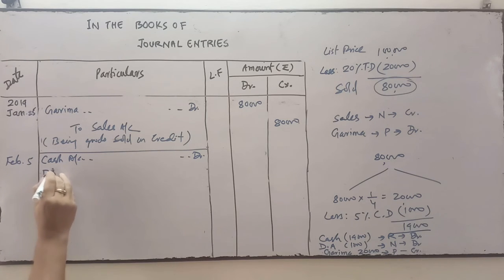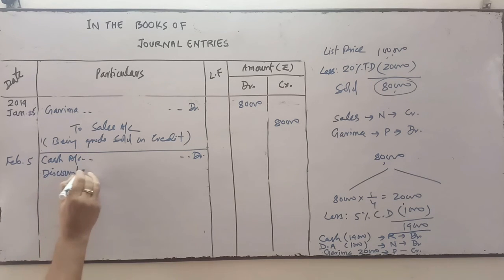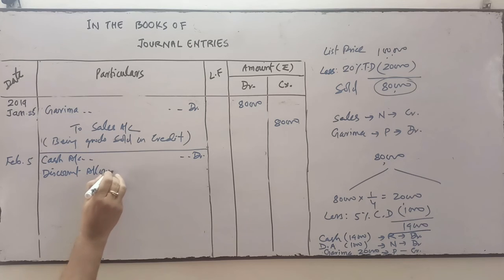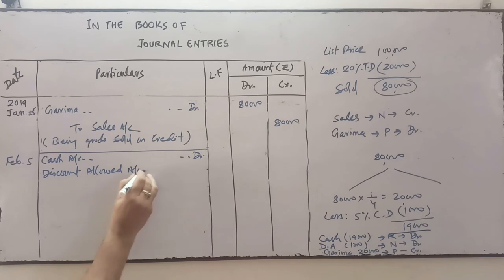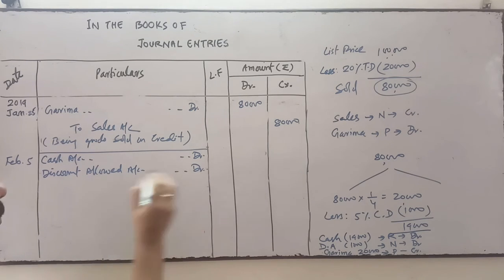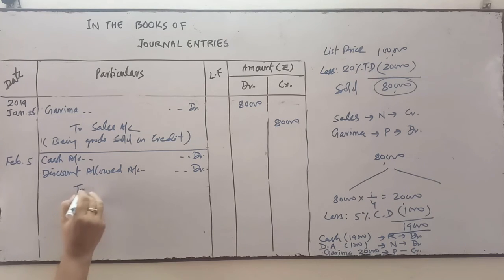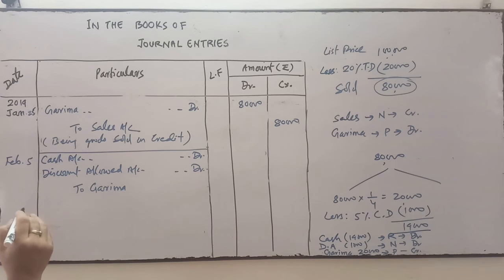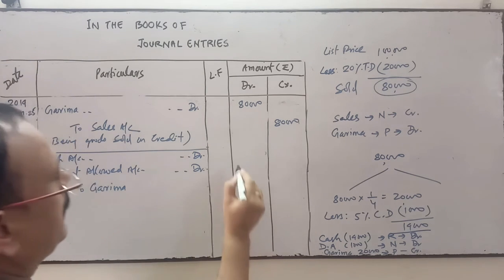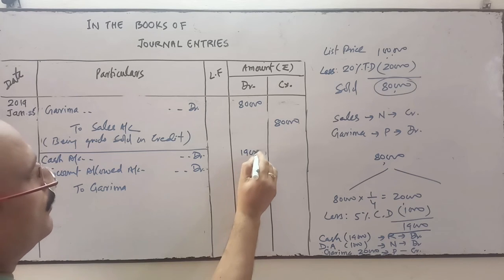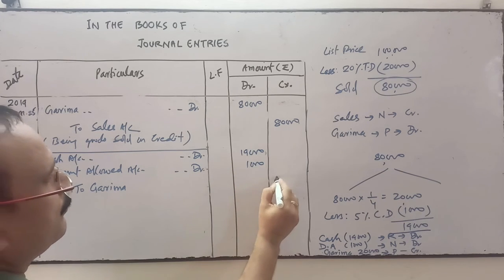Discount allowed comes under nominal account, and the rule of nominal account is all expenses and losses debit, so discount allowed will be debit. Garima comes under the personal account, and the rule of personal account is debit the receiver and credit the giver, and here Garima is the giver. So here we will write cash comes in the business 19,000, 1,000 is the discount, and 20,000